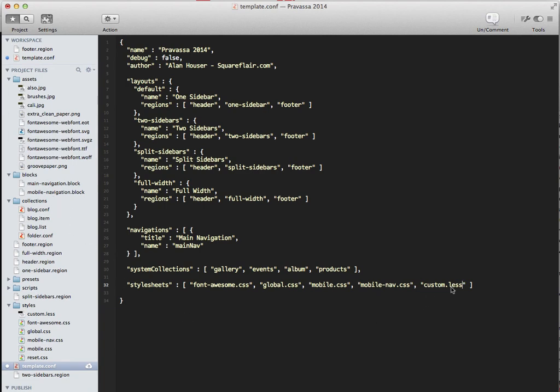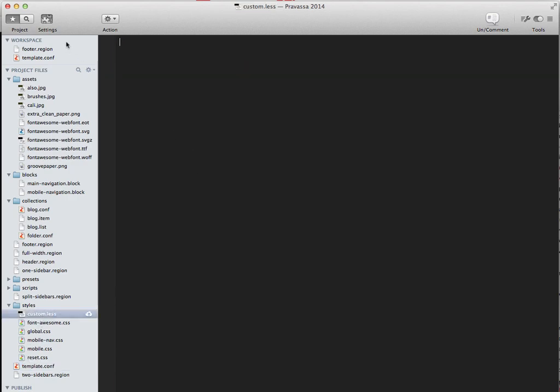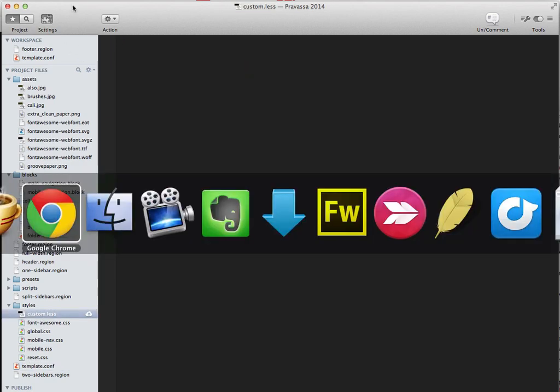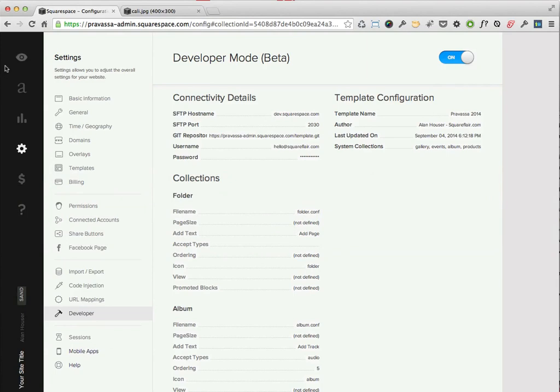So then custom.less, we don't have to end that with anything. We're basically done with this now. We've made our changes here, and now all we have to do is hit save on this. And if we want to see if it's working, we could write some quick CSS. Let's just go out to the site